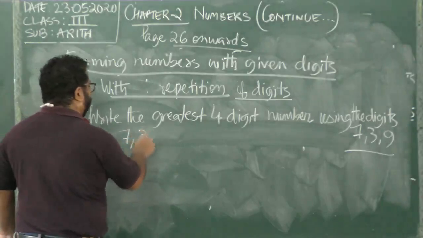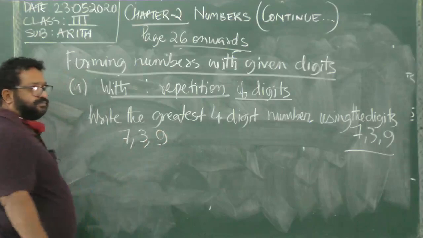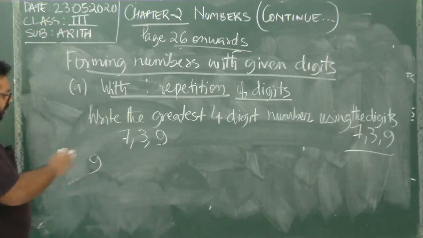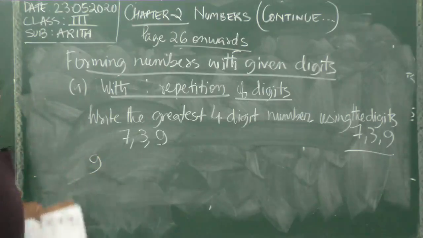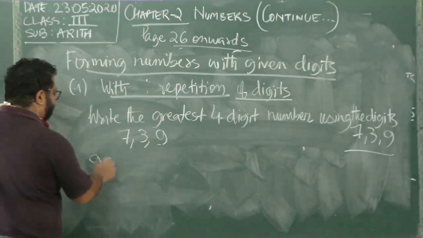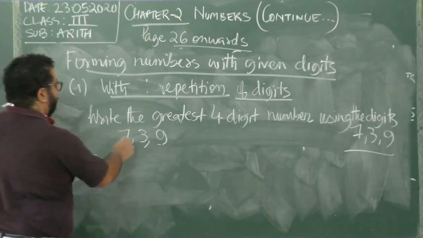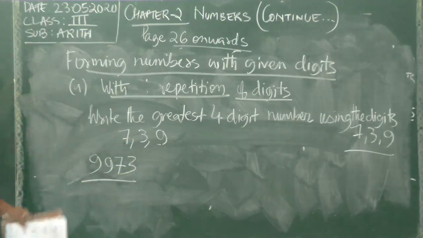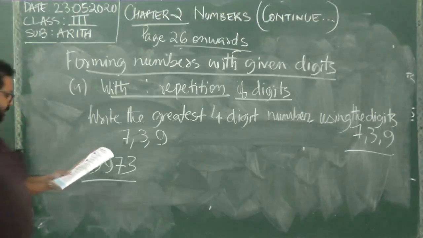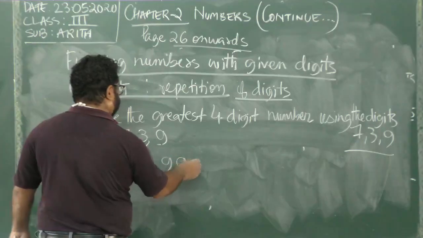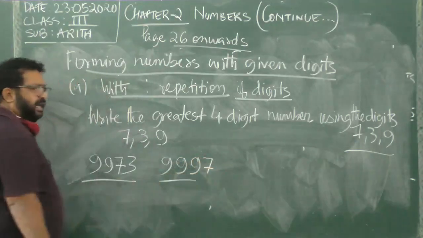So let us see, I'll just bring the question here. 739, the greatest of them would be 9. Of all these 3 numbers, 9 is the greatest. So first on the left hand side we'll put 9, and then we can again use 9. Why? Because 9 in the 1000 place, 900 we can make, and then we have a 7 tens and a 3 ones. All right, we can repeat it only once here. We cannot say I'll repeat it thrice.